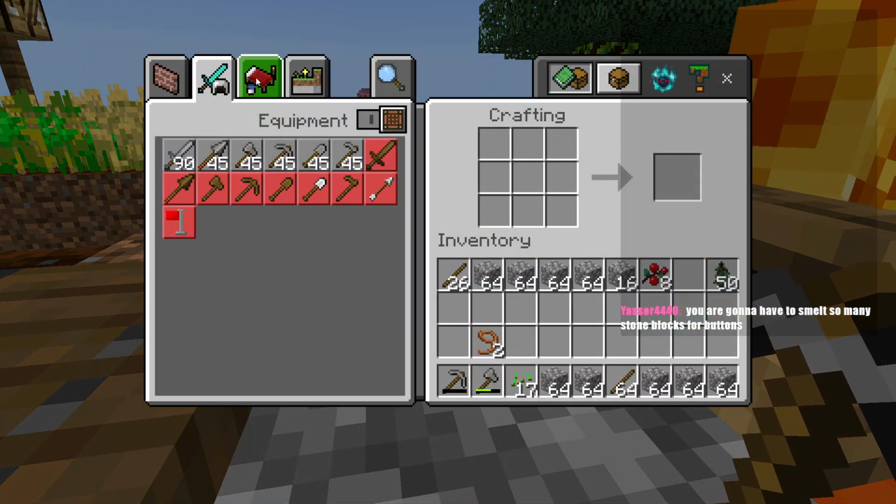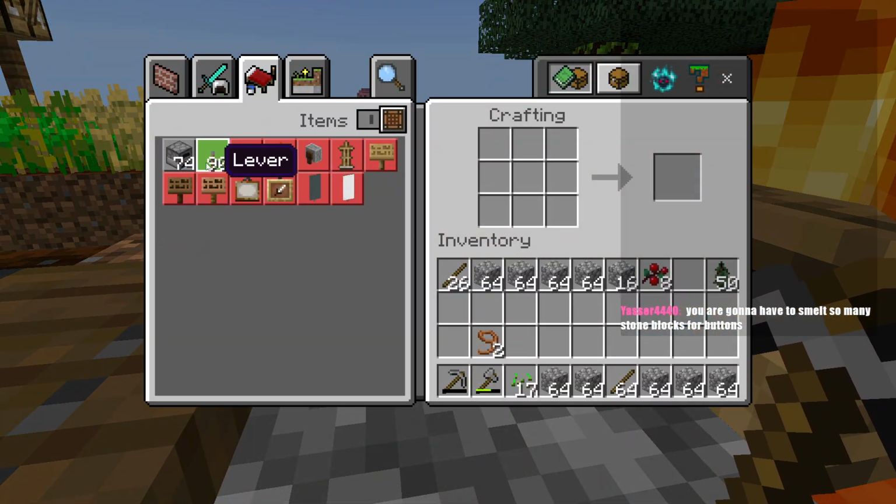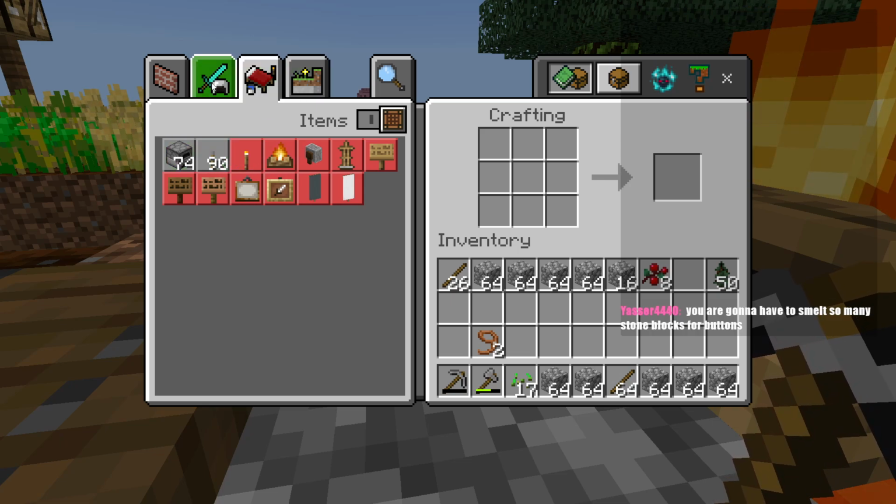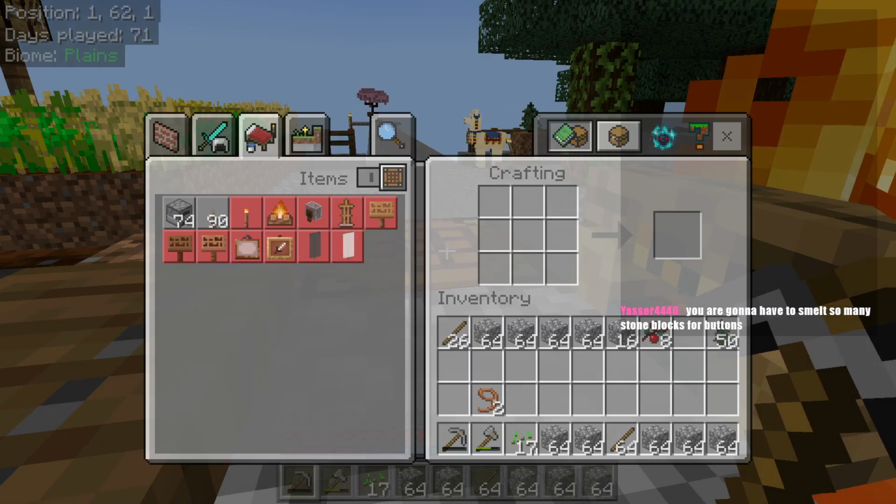You can make... Oh, you got to make them out of stone. All right. Well, that just means